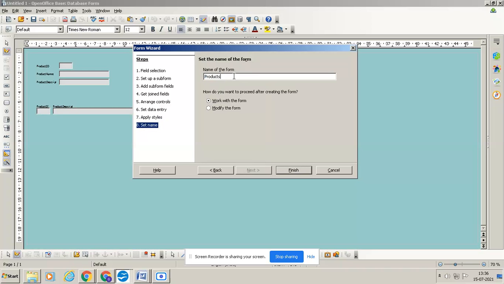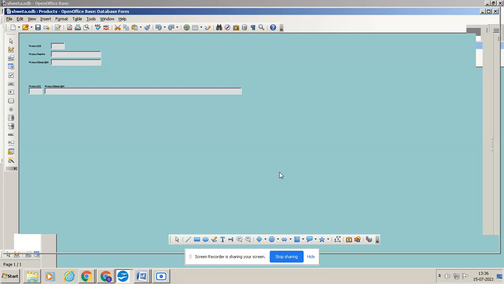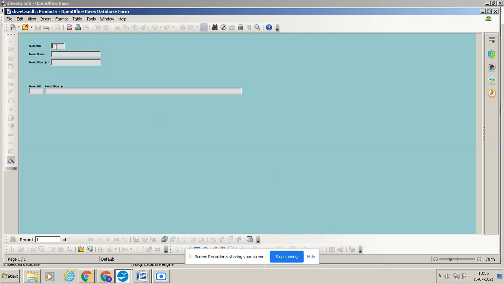As here the name of my table is product, so I'll take my product only. Okay, so click on finish. Your form will get ready. If you want to insert data in this product form, then you can enter the data. Product ID I'll add one, product name is anything, then product description I'll add something. If you want to add here also, you can add the things. So this is my form.